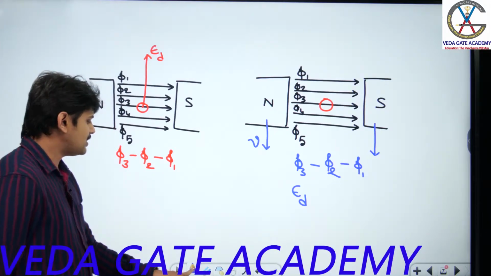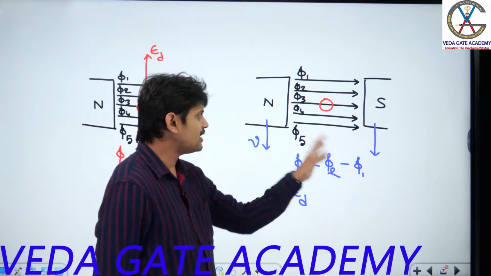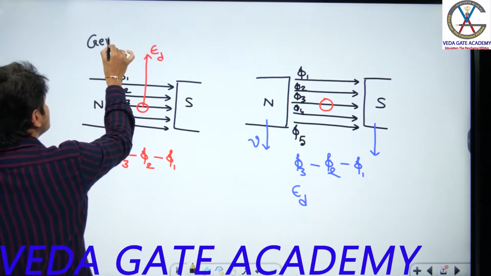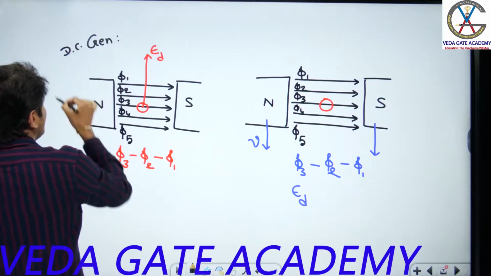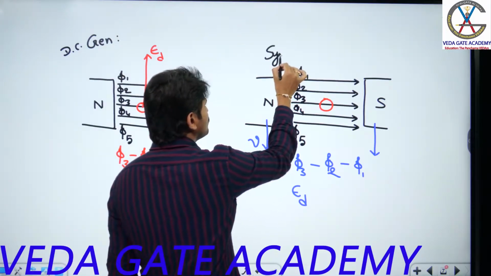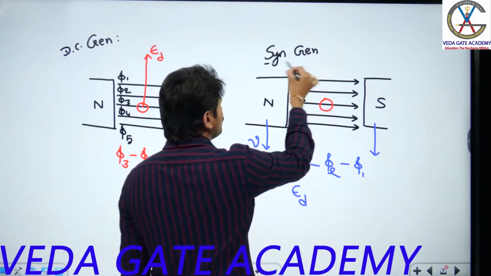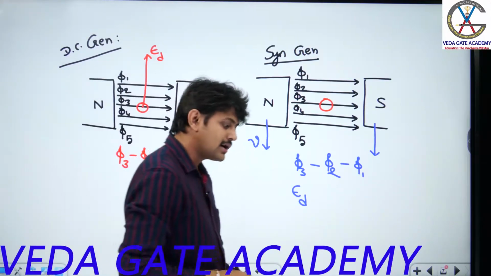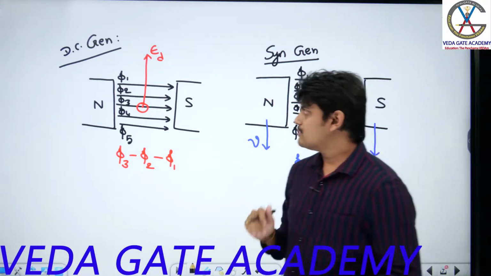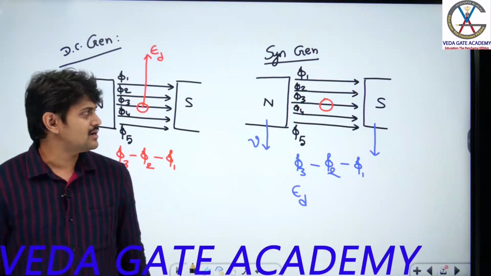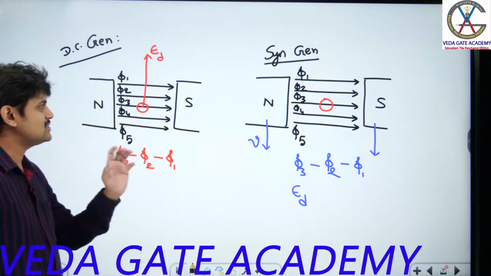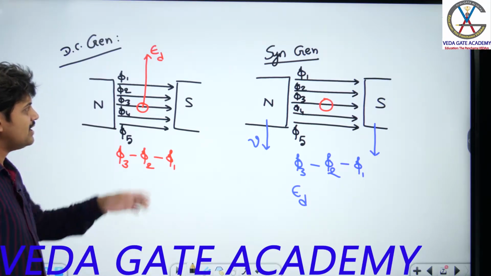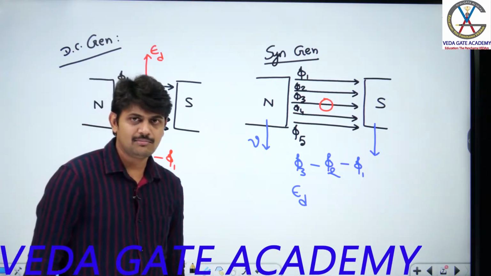But of these two configurations, generally we are going to use this configuration for DC generators, whereas this particular configuration we are going to use in synchronous generators. In both DC and synchronous generators, can I say my flux is time varying or time invariant? Time invariant flux. So the common thing between a DC generator and a synchronous generator is that the flux linking with the conductors is time invariant flux. And one more common thing is that the kind of EMF induced is dynamically induced EMF.